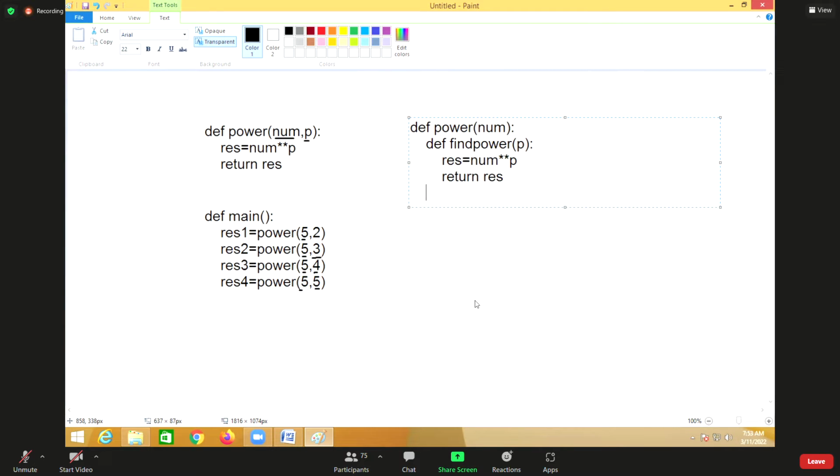And I said a closure is a function which returns an inner function. Closure is a function which returns what? The inner function. Which function is it returning here? Find power. For example, I want to find the power of 5. So power of 5 equals power of 5, I'm calling the function power by sending